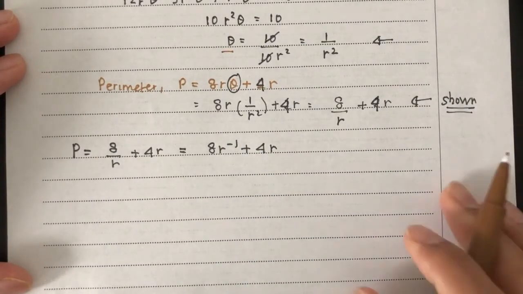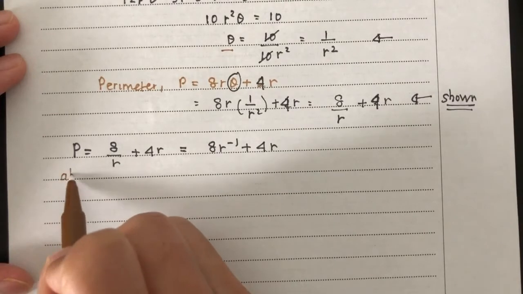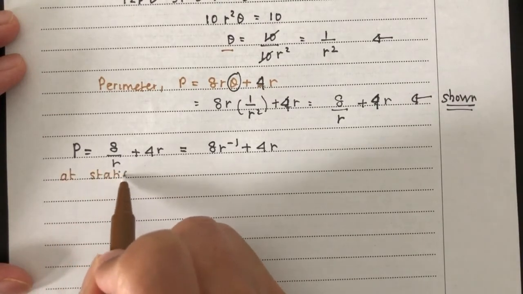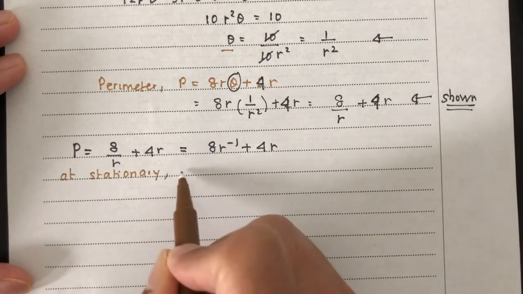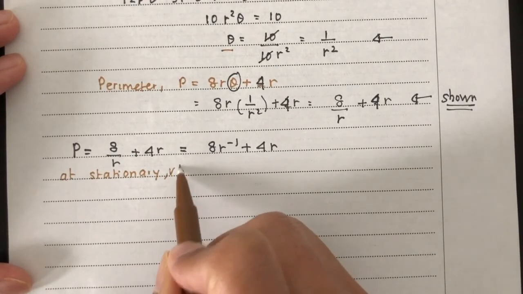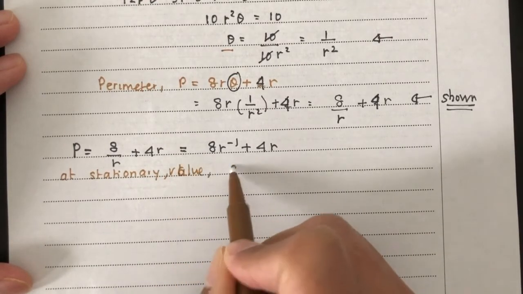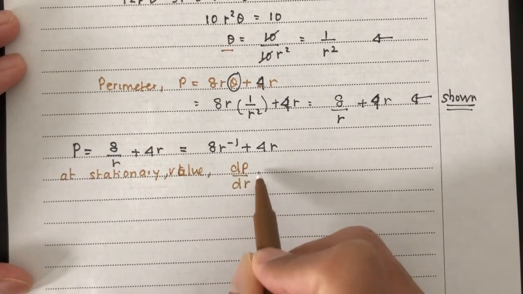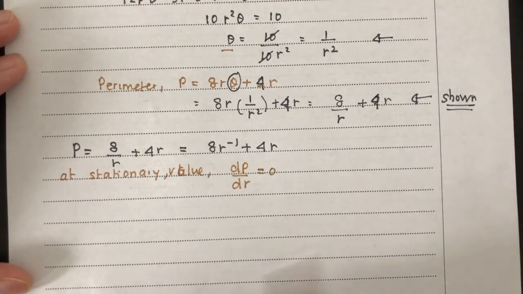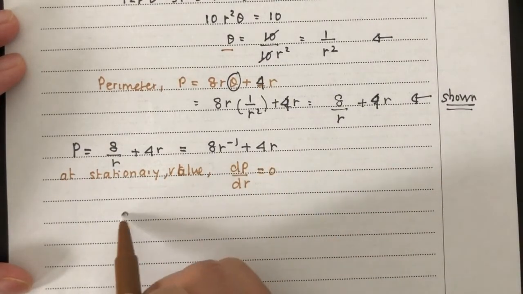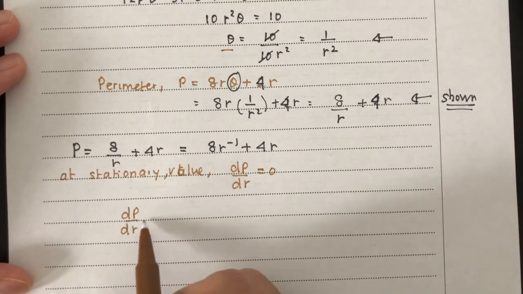Now we have to find the stationary value of p. So we know that at a stationary value, dp by dr is equal to 0. So first find dp by dr. So dp by dr is equal to what? That will be